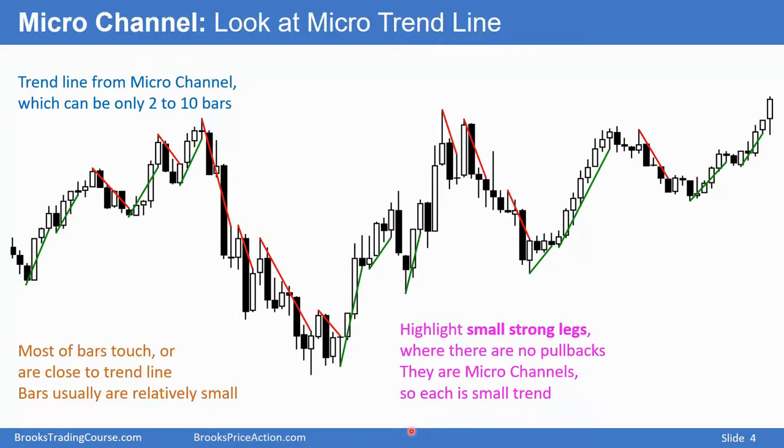The purpose for drawing lines like this is it highlights strong legs, whether the market's in a trading range, a bull flag, a bear flag, or a strong trend. It's a channel, and therefore it's a trend. It's a small trend. Even this, a 2-bar sell-off, you can call it a 2-bar bear microchannel or a 2-bar bear trend, but it's not as big or strong as the bull trend that preceded it, so it was a 2-bar bull flag.